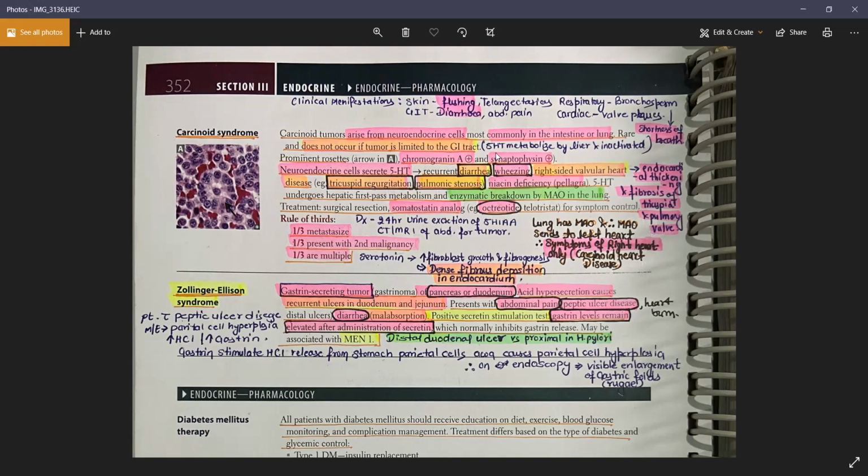So whenever you get the symptoms of the carcinoid syndrome, that means the tumor has already metastasized. Very important. If you are having symptoms, that means the tumor is already metastasized. Okay. So just like any other neuroendocrine tumor, you will have the synaptophysin, you will have the chromogranin, you will have the neuron-specific enolase positive, you will have prominent rosettes